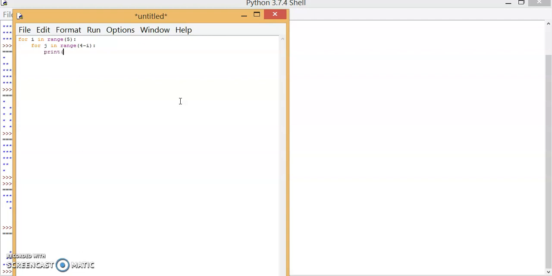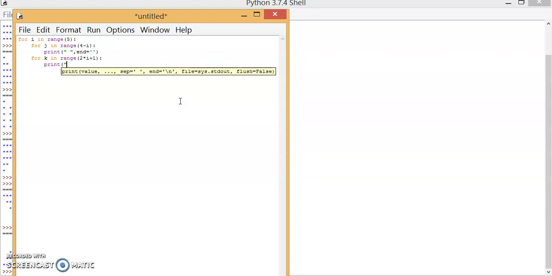Then we use the print statement to print the space, end with this and the next line, and we had to print here for k also. For k, that is for the stars. For k in range, that is 2 star i plus 1. I told you that it was making an odd number, that is one star, then 3, then 5, so it is making an odd number. So basically for that we now put a star here.